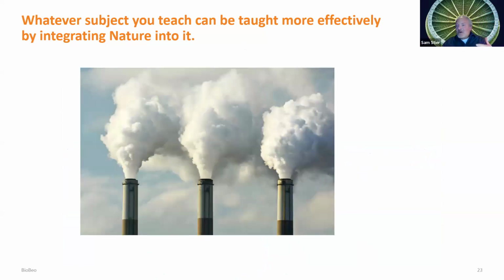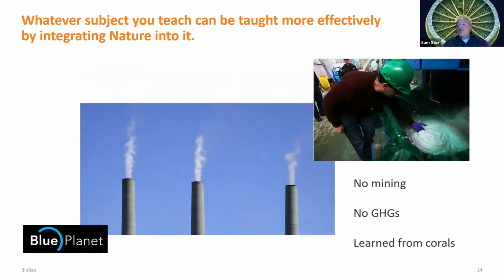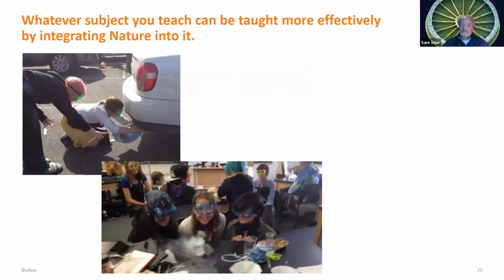Now, people have studied corals, figured out how corals do this, and then come up with alternative ways for making concrete so that, instead of releasing carbon dioxide to do it, we absorb carbon dioxide into the concrete-like material. And this has been done and is done commercially in various places now. Doesn't require any mining. There's no release of greenhouse gases. In fact, it's a carbon negative activity. So just like corals were able to produce this concrete by actually removing greenhouse gases from the atmosphere rather than putting greenhouse gases into the atmosphere.